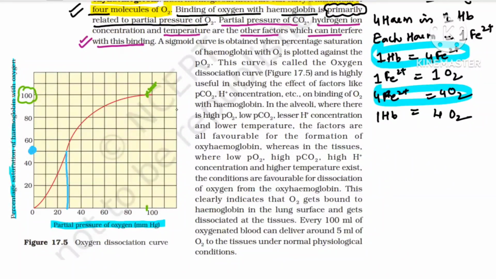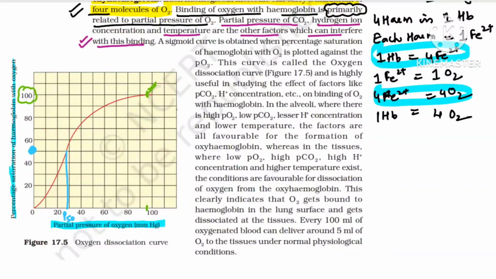Because you know this line is 30, this partial pressure is known as P50. It means at this partial pressure, hemoglobin is 50% saturated. So a partial pressure of 28 mmHg is required at the alveoli level. But at the tissue level, to maintain 50% saturation,